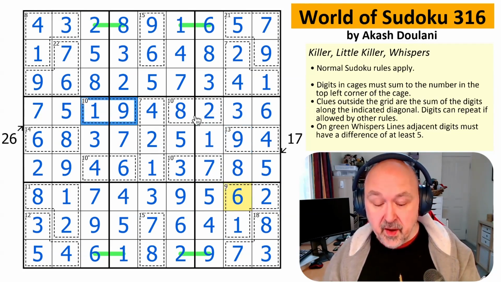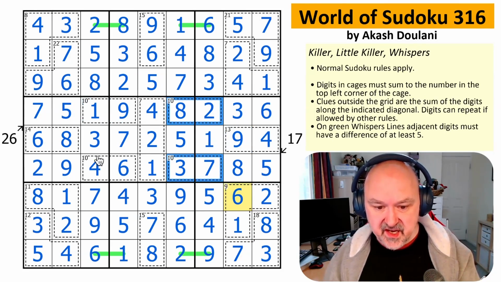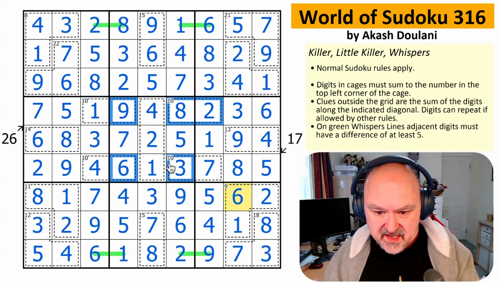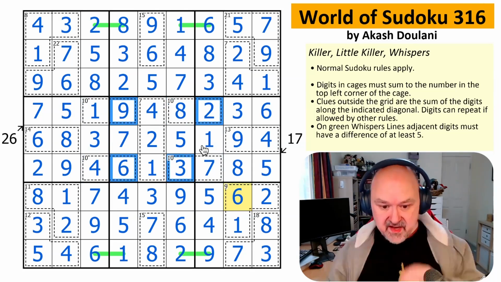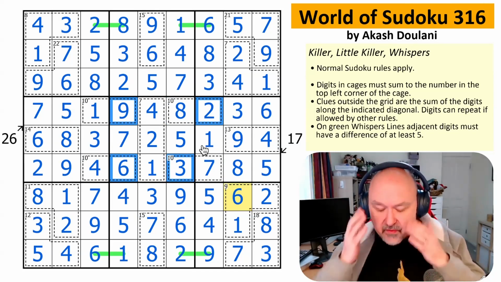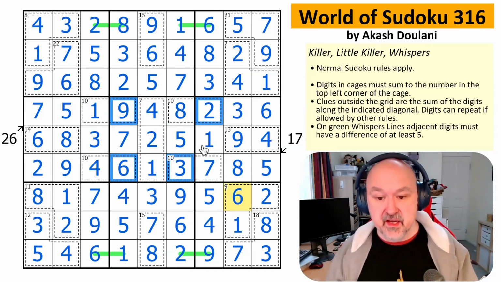But I mean, the deduction on these 10 cages, once you found these and finding out that you couldn't do repeats because it would force repeats in here, all of that was crazy. And the pressure just kept building. This puzzle is astounding. But I would call this, for me,